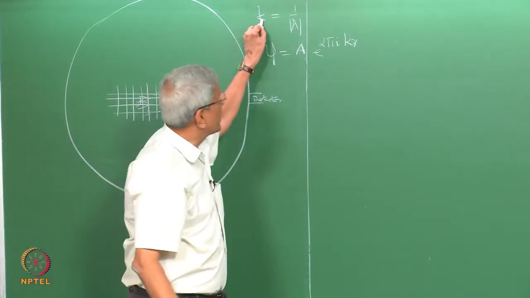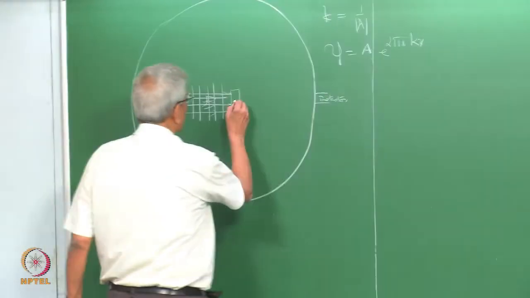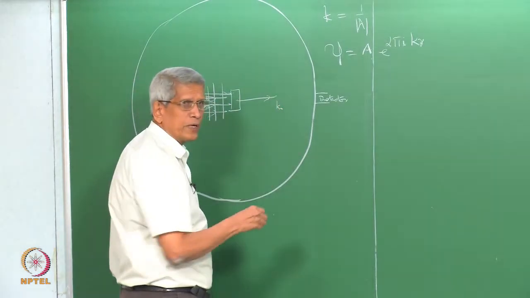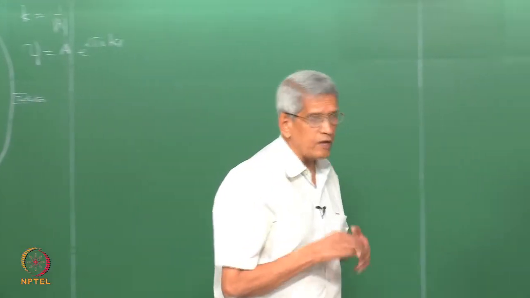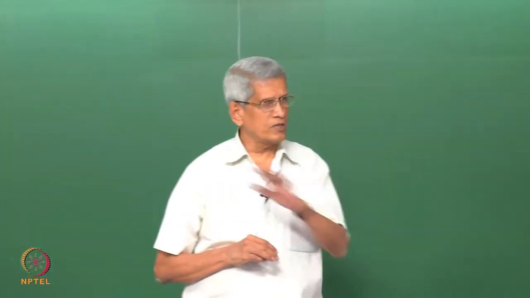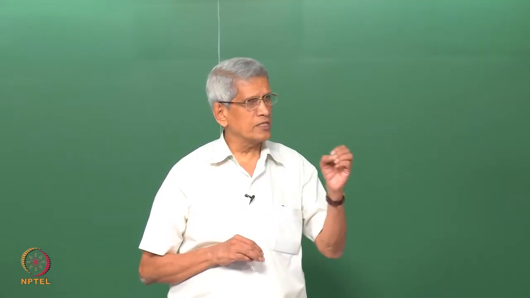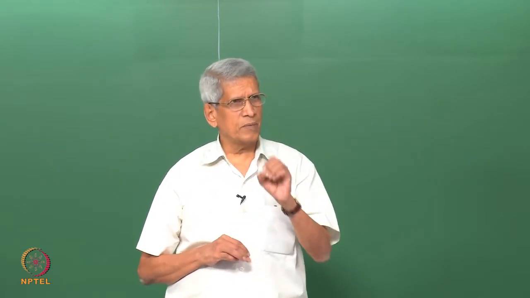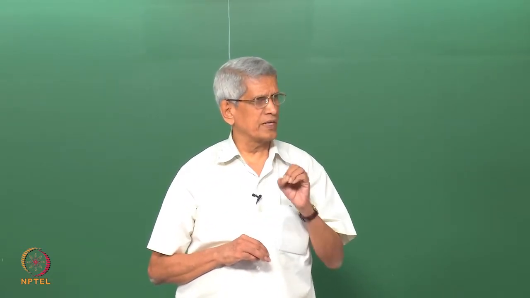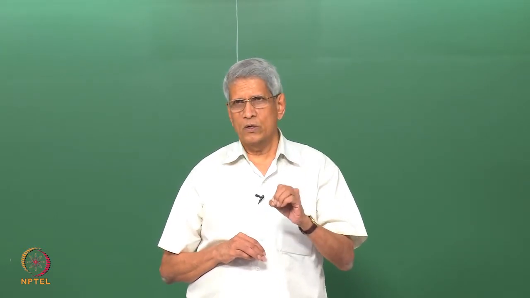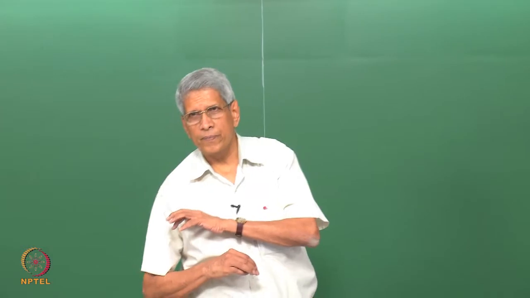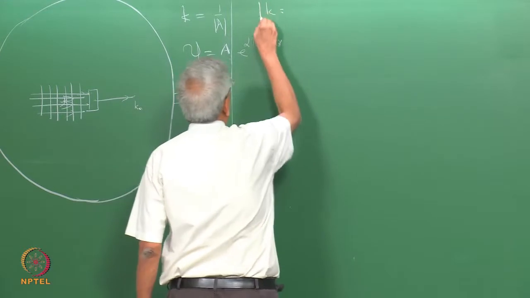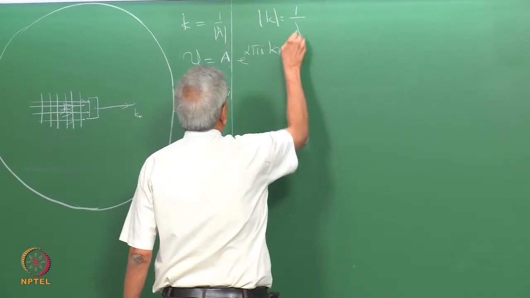So, this k is what we call the wave vector. If we fix a coordinate system and assume that this is k0, the signal which comes out is also the same radiation with no change in wavelength, correct. Incident beam, that means that the scattering is an elastic scattering which we are considering. So, what will be the wave vector corresponding to that? That should also correspond to k, suppose equals 1 by lambda, correct.